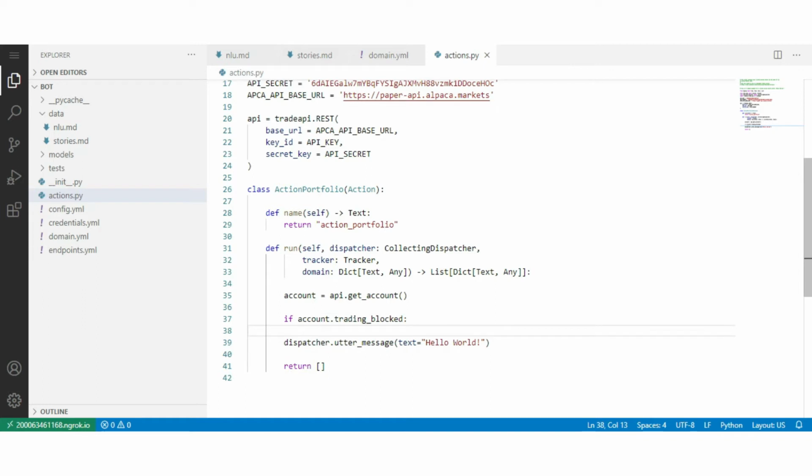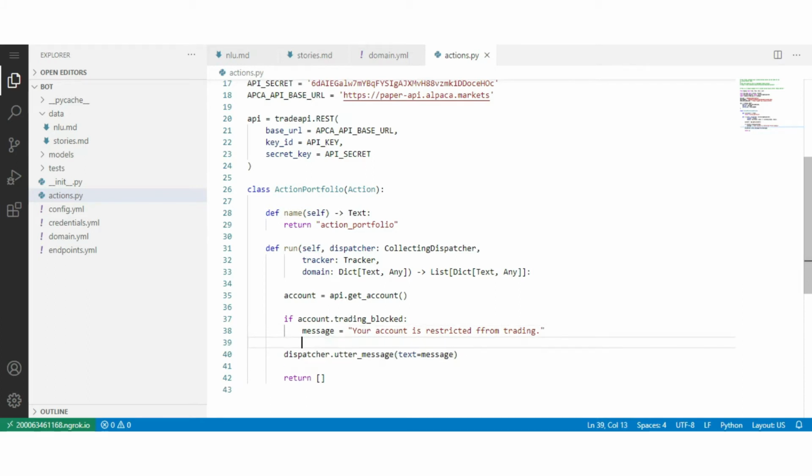If blocked, then return a message to the user that your account is restricted from trading, and return that message. If it is not blocked, then it displays a bunch of information related to our trading account.